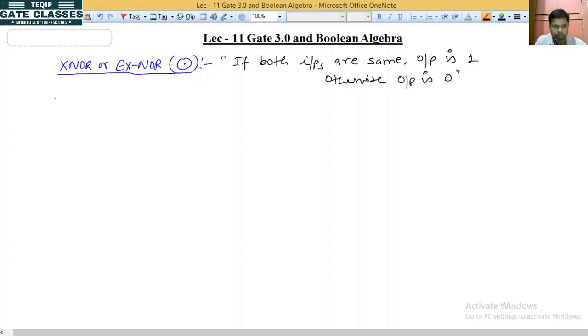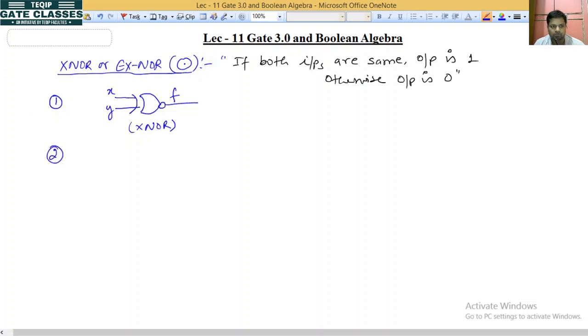So our first point is the structure of the XNOR gate. So XNOR gate is this one. Now, put a mask here, that is, a bubble on the XOR gate, and that will be XNOR. XNOR means exclusive NOR. So we have two inputs and one output. So XNOR will look like this. This is our XNOR gate.